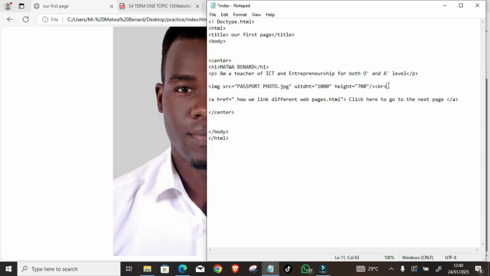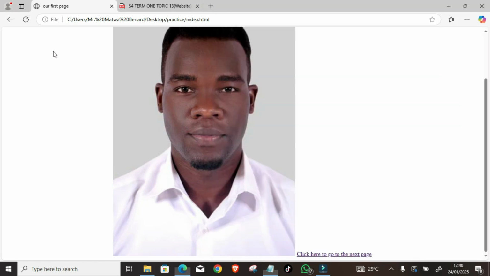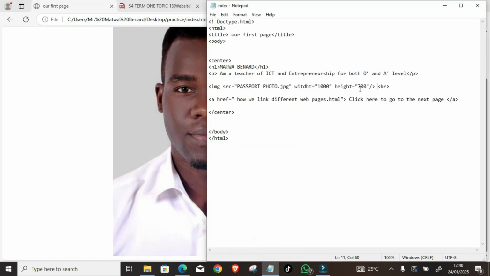We want it to go to the next line, not like a continuation to our web, to our photo. Then you say BR, then you come here. I want you to see the impact of this information. Let me first decrease the size of the height so that we can see very well. Let me see the height